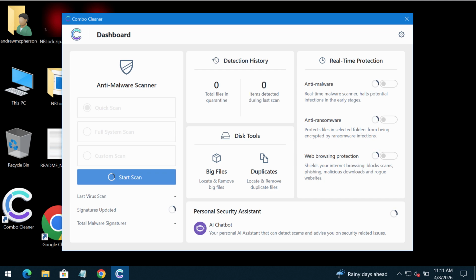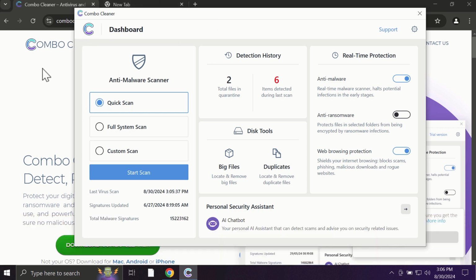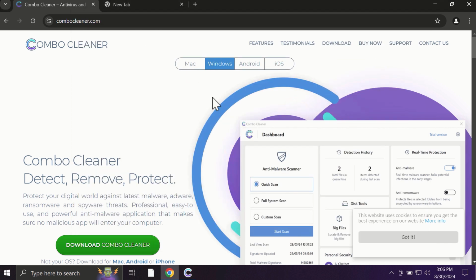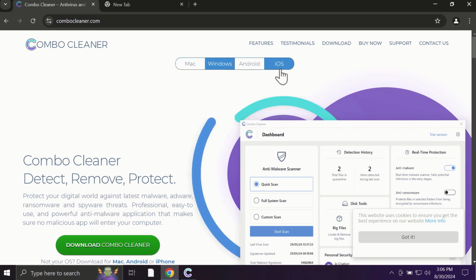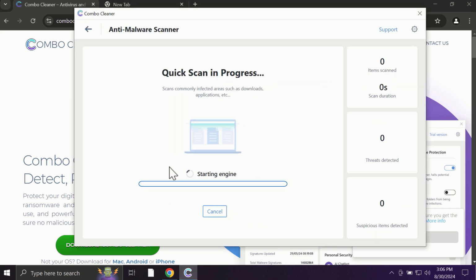its help. After you start Combo Cleaner, the application will most likely first of all update its anti-malware database, which is truly essential for proper detection and removal of all possible threats that could be on your computer. Pay attention to the fact that Combo Cleaner is available for all popular operating systems: Mac, Windows, Android, and iOS. So after you click on the Start Scan button, the antivirus database will be updated first of all, and then